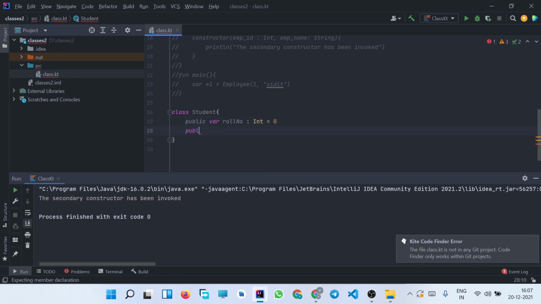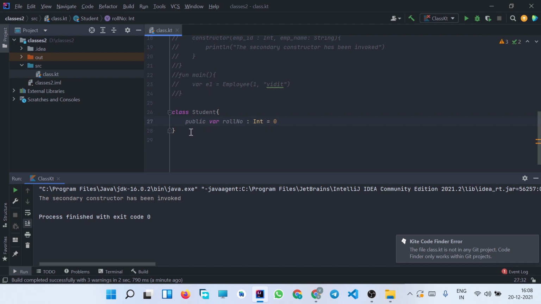So now we have created a class called student and we have declared a public attribute. To create a public attribute we simply write a public keyword before the var keyword, before declaring the attribute.